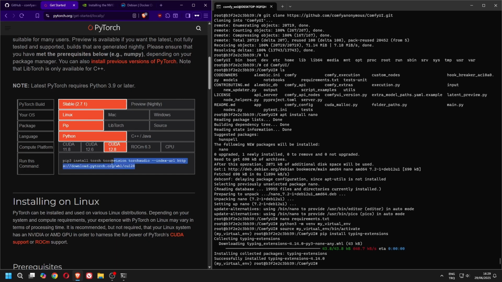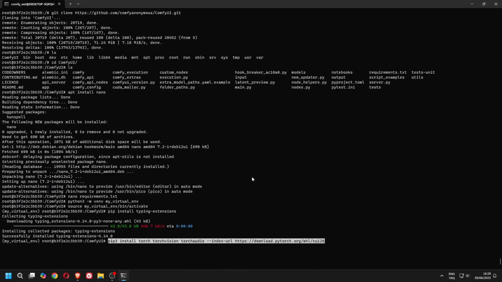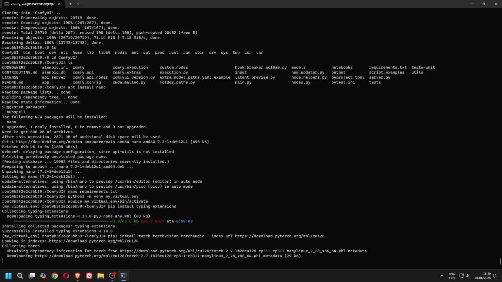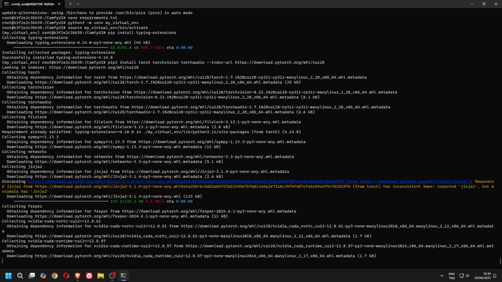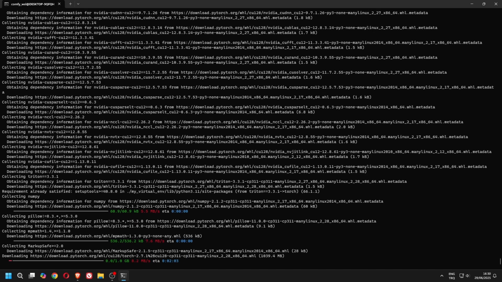Copy the command shown on the PyTorch website and paste it into your terminal. Hit enter. This will install the CUDA-enabled PyTorch package. The download will take some time. I have sped it up in the video editing.